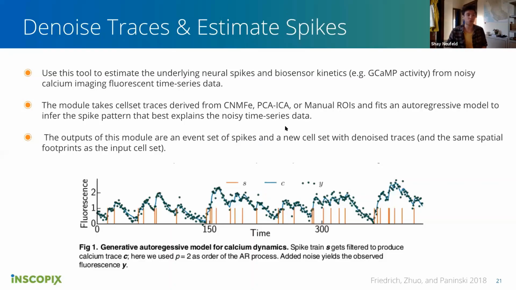Okay, so use this tool to estimate the underlying spikes and the biosensor kinetics, i.e. the GCaMP activity, which is reflecting the calcium concentration, from noisy calcium imaging fluorescent time series data. So the input to this is going to be a cell set, a dynamic cell set. Doesn't matter how you got that cell set from any of the three methods. And it's going to output two things. It's going to output an event set, which is the spikes that it estimated, and then a cell set, which